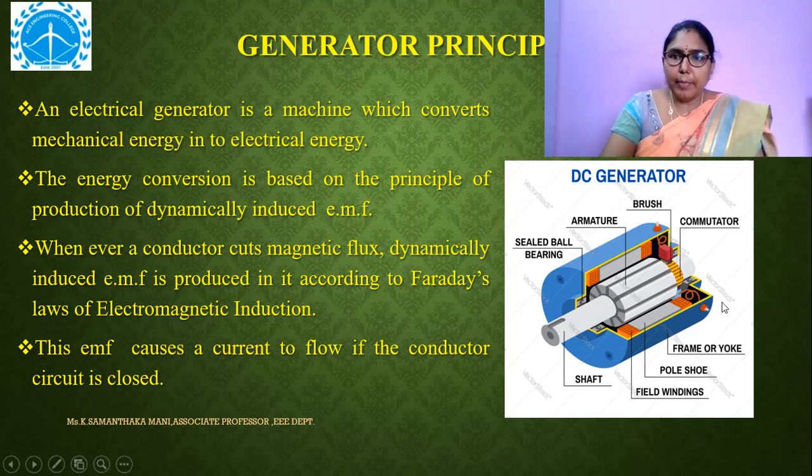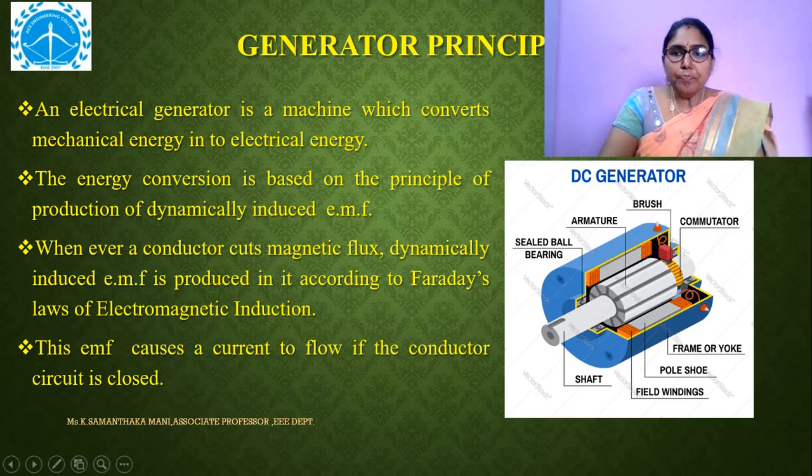Now, here I would like to show you the different parts of a DC generator. Simply, I am introducing the terminology to you, and later we will see it in detail. This is the rotary part, which is called the shaft, and the outside part is called the yoke or frame, and these are poles or pole shoes. Here pole is there and pole shoe is there, and this is the field winding. Yellow color is the field winding, and this is the armature. These are the bearings, this is the brush, and this is the commutator, which has yellow colored segments.